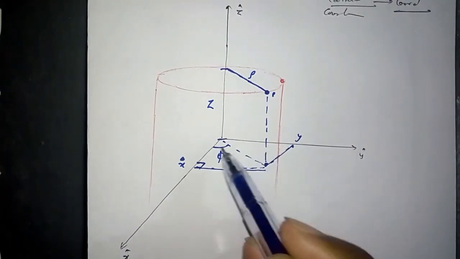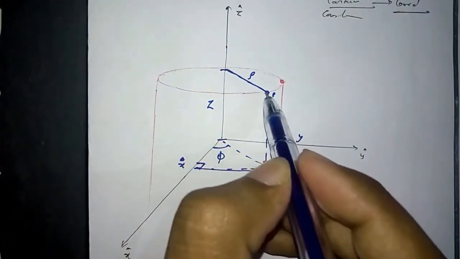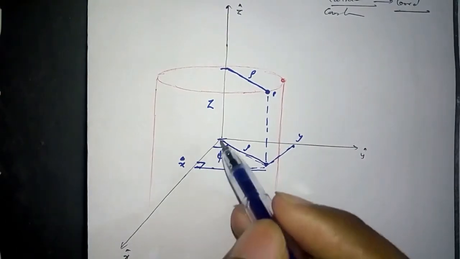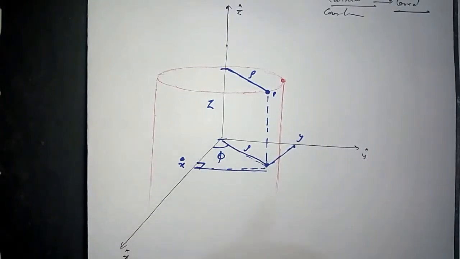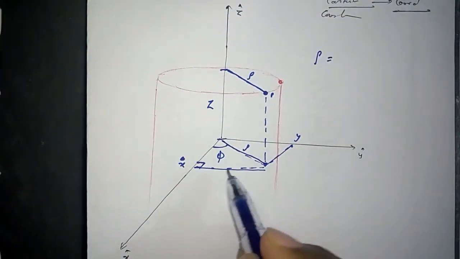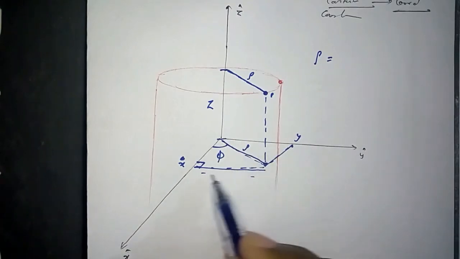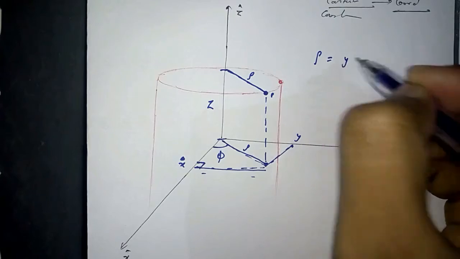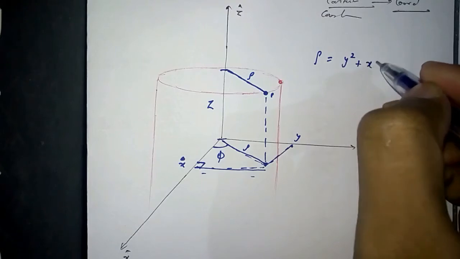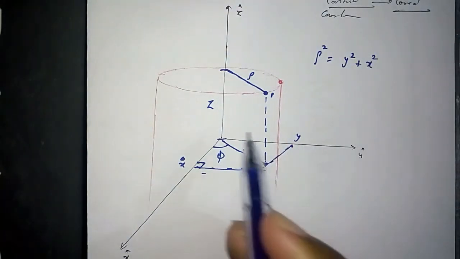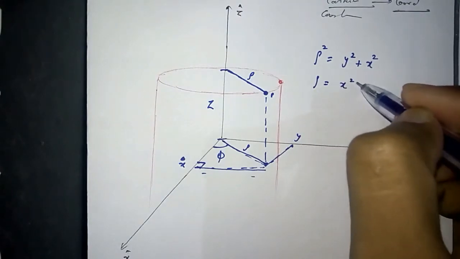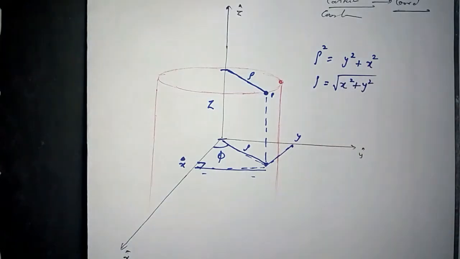Okay, so by using this, basically this is the radius of the circle and this is also the radius of the circle. So by Pythagoras theorem we can find the value of the radius, like r, which is the radius of the circle: this is y, so y square, plus this is x square, is equal to r square. Okay, by Pythagoras theorem, so r is equal to (x square plus y square) power half.